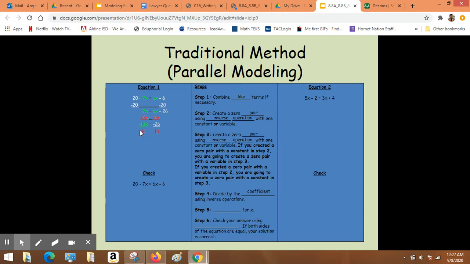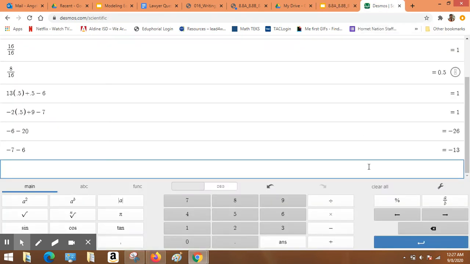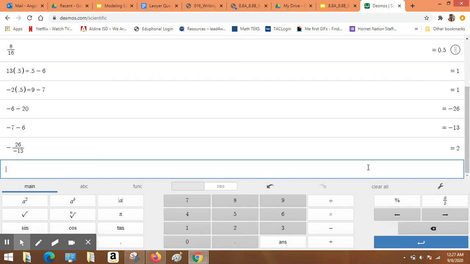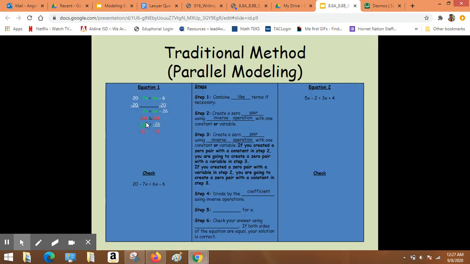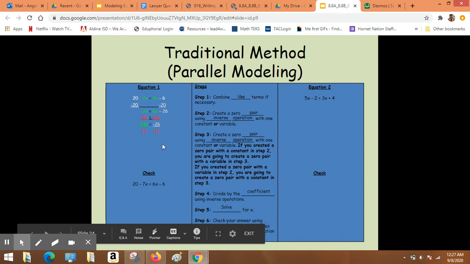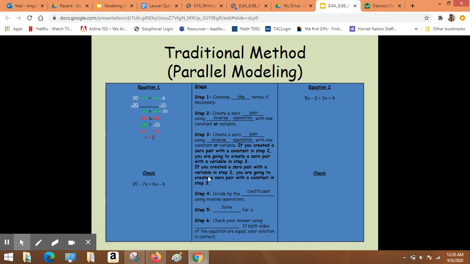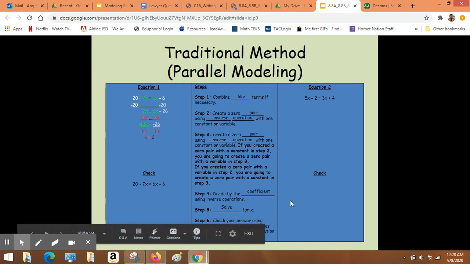And if I divide on the left side, I divide on the right side. So now I'm going to do negative 26 divided by negative 13 gives me 2. Okay, so now I have 1x equals 2. So I'm solving step 5, x equals 2. So I'm done with this process, but now I have to do step number 6. So check your answers using